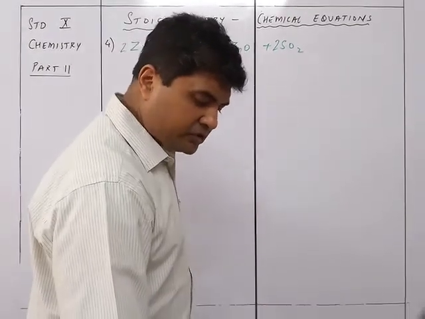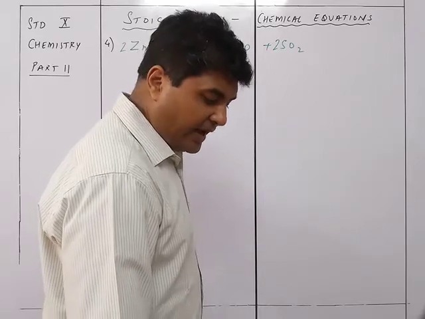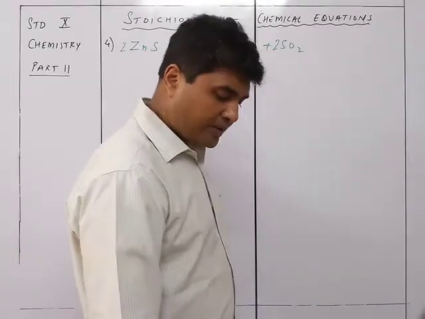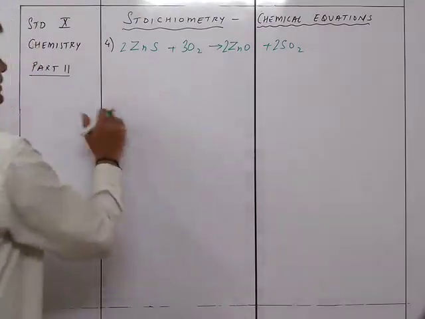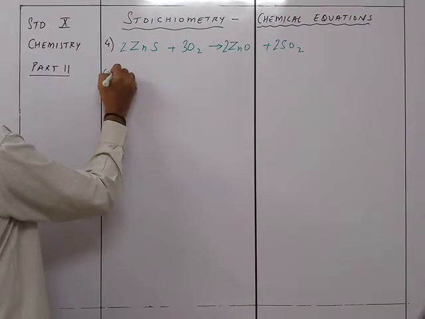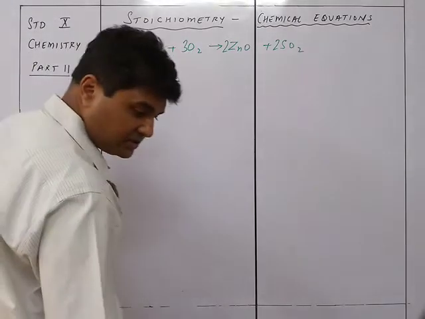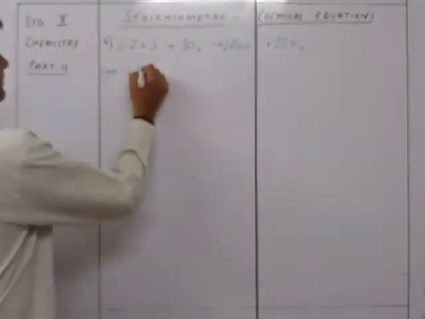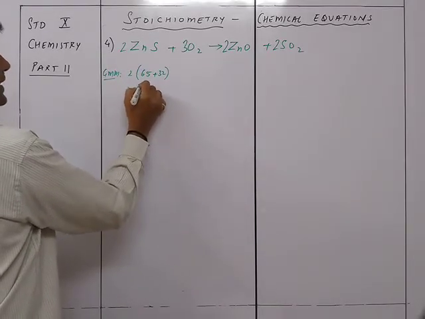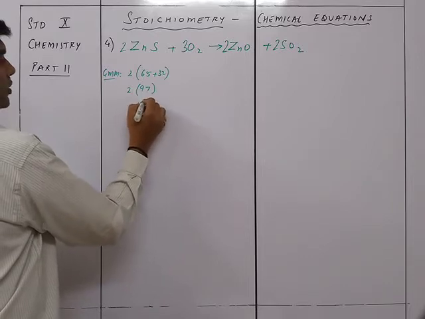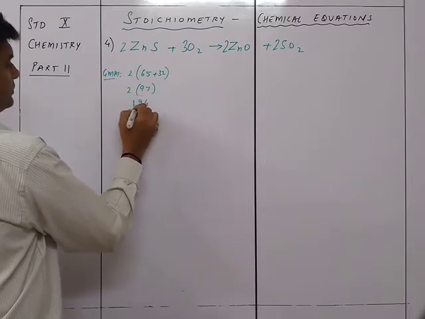Now, the number of moles of SO2 liberated by 776 grams of ZnS, and the weight of ZnS required to produce 22.4 liters of SO2. Okay, these are the two things. The first thing is over here, GMM. So we take the GMM of each and everything. So it's 2 into Zn is 65 plus 32. So it is 2 into 97. That is going to give me 194.